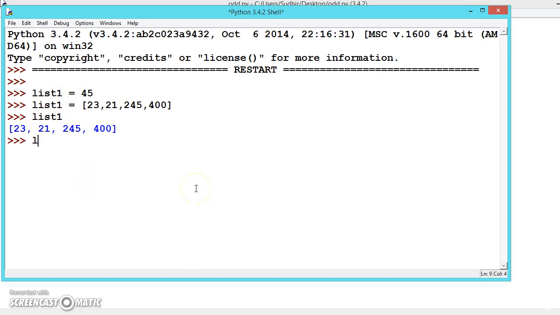Always remember that the list index starts with 0. The 0 index contains the first value. In the same way, if we write list 1 with index 1, it will show the second one. It will contain indexes 0 to 3. The total number is 4, but the indexes go from 0 to 3. Suppose we want to find the length of the list, it is 4. The index starts from 0. Always remember that the index starts with 0.